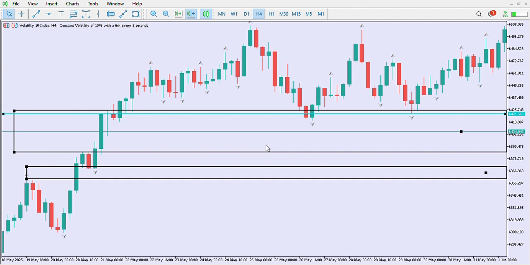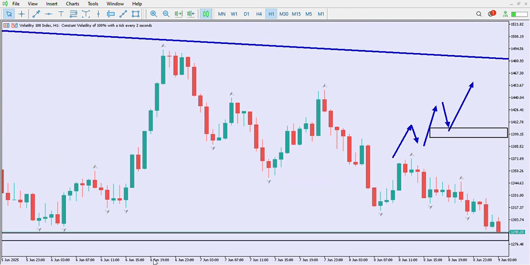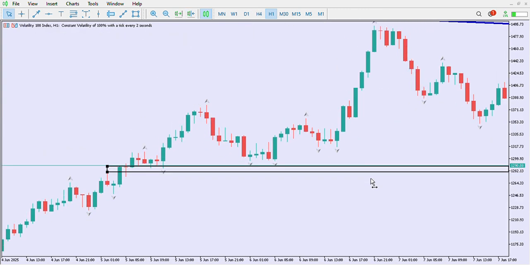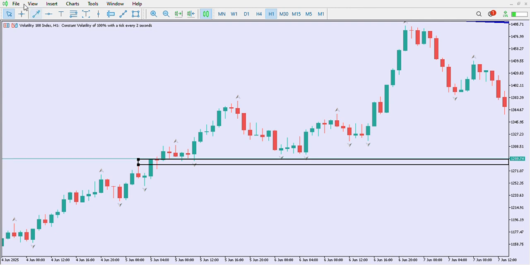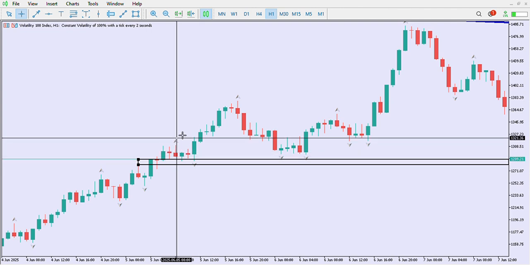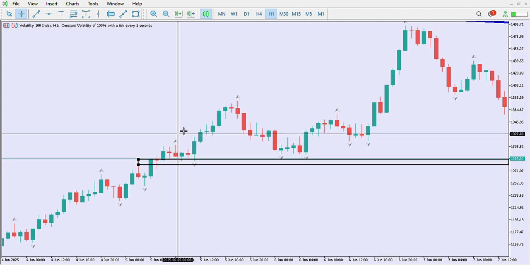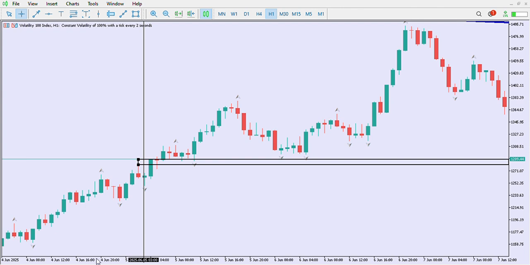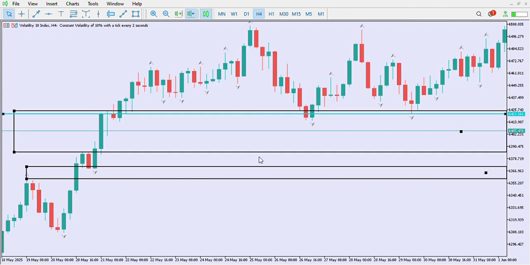Like the market wants to react most of the time, and that's why you have seen on my volatility 100, I've marked that pin bar here, this point here, 1287, as my point of entry. The market most of the time wants to react at that pin bar. I don't know if you're very keen on what I'm trying to say. So the market wants to react to that pin bar, and if you can be precise, the moment